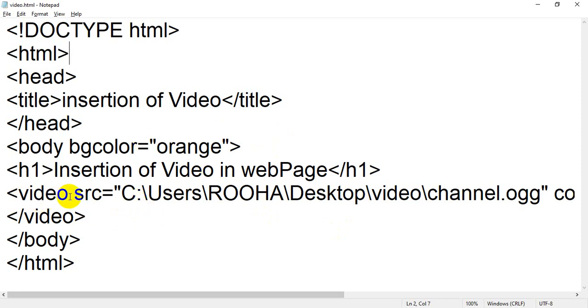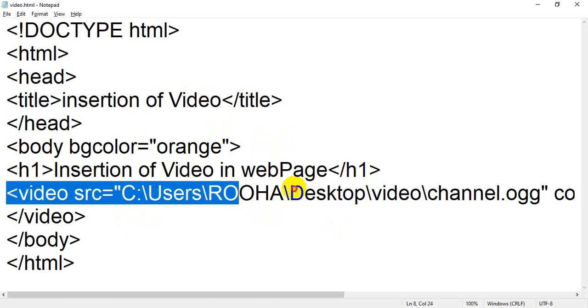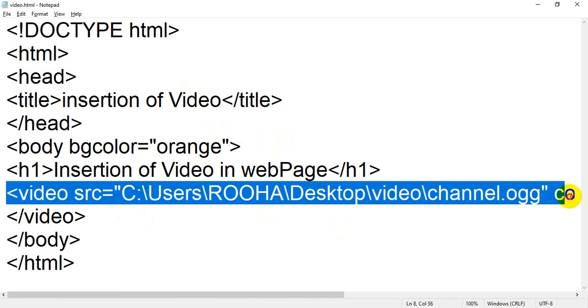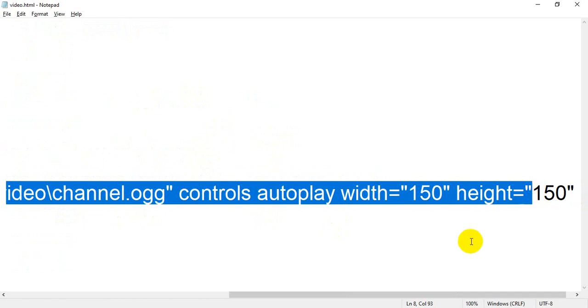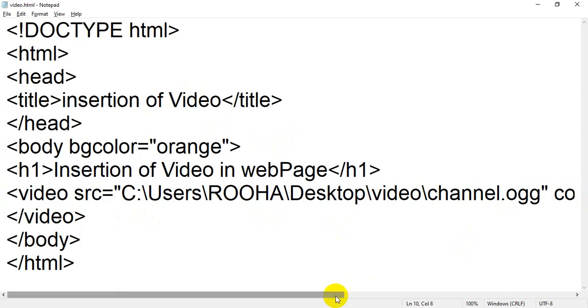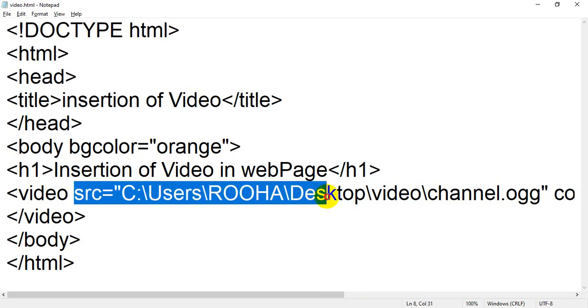Instead of inserting a single video file, you have to use multiple file formats, which means this src attribute will not be used in the video tag.